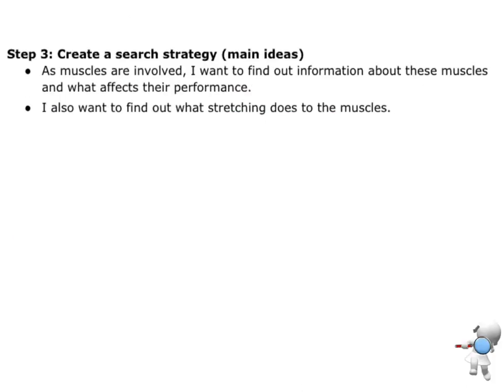Okay, so that's step 2. Step 3 is finding some kind of search strategy. So what that means is I need to think about, what information do I want to know more about? I want to know more information about what those muscles are that are involved and what affects those muscles. So kind of going deeper into the muscles and saying, right, well, what can I find out about those